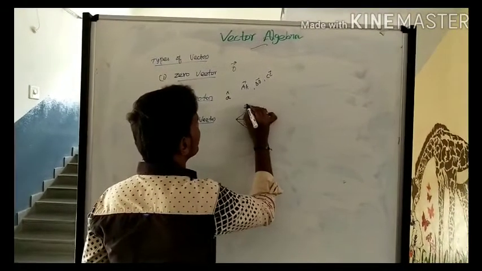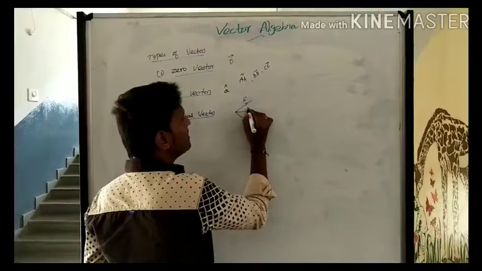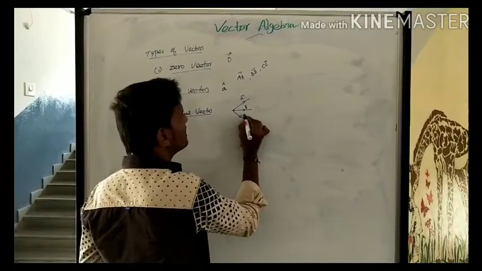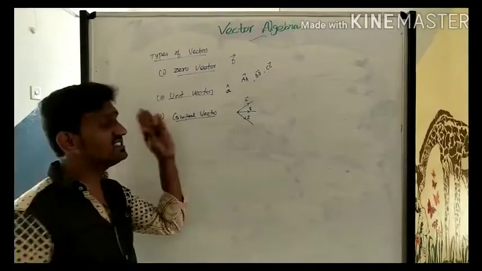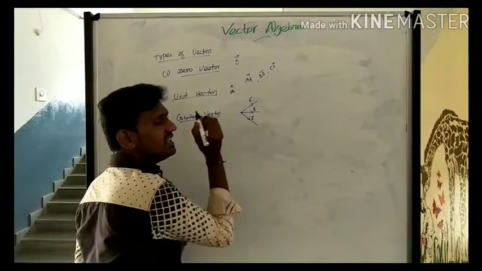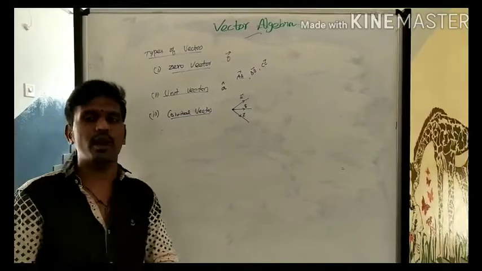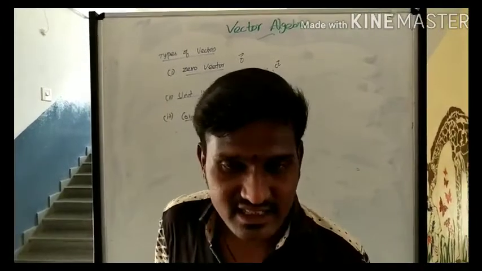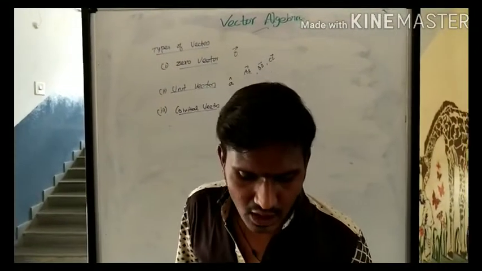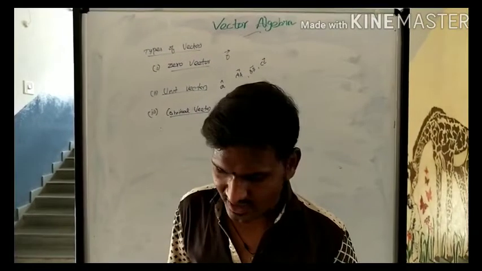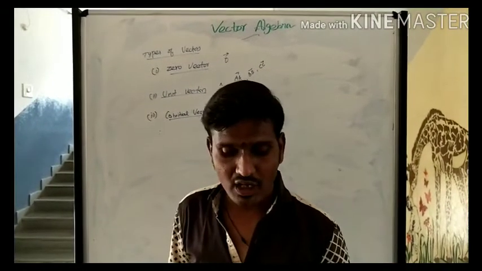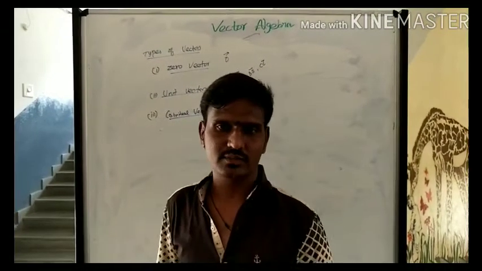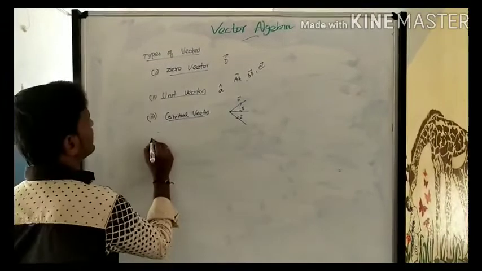So this vector is named A vector, this one is B vector, and that one is C vector. These three vectors also have the same starting point, that is the initial point. That is called co-initial vectors. So that is the definition given to you: two or more vectors having the same initial point are called co-initial vectors. And next, collinear vectors.